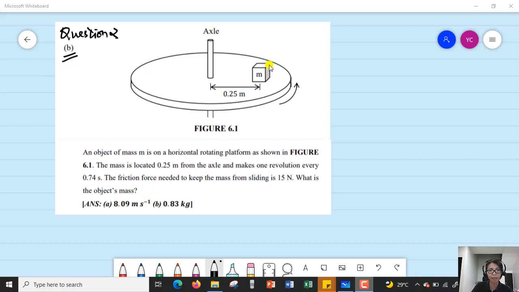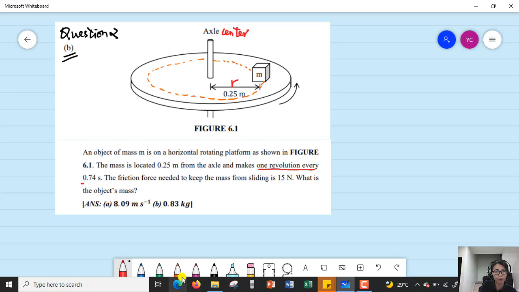An object of mass m is on a horizontal rotating platform. So we place it on a rotating horizontal platform. The mass is located 0.25 meter from the axle. So the axle will be the center. And it makes one revolution every 0.75 seconds. So this thing is rotating, which means that the mass will perform circular motion. It will perform a horizontal circular motion whereby the radius will be 0.25 meter, and then it will make one